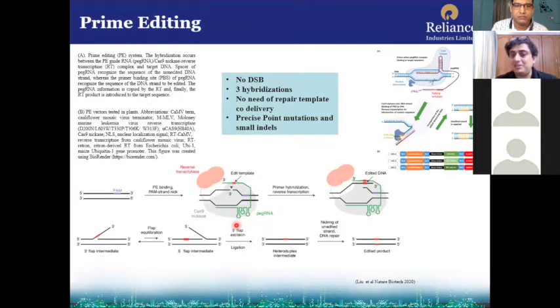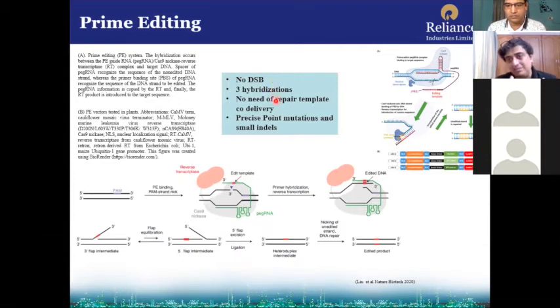And by CRISPR-Cas9 activity, that PEG RNA containing DNA will be copied inside of your target area by reverse transcriptase. So this is a great tool people are using. You don't need to do any break, you don't need to do any double stranded break. So off target or other kind of things are not there.